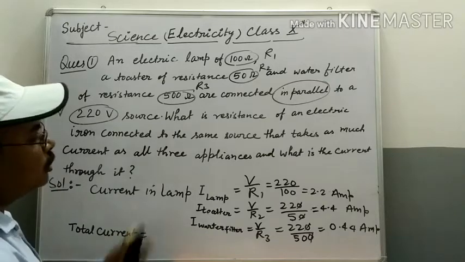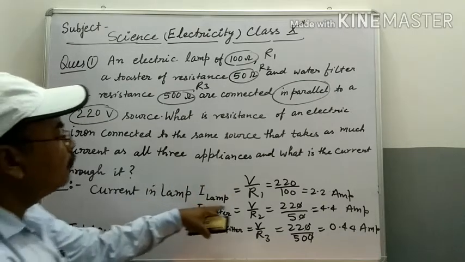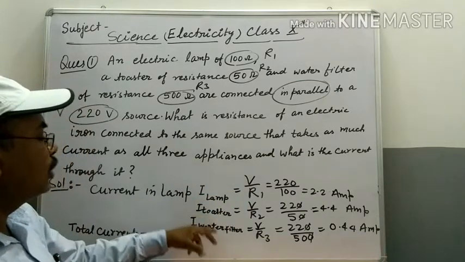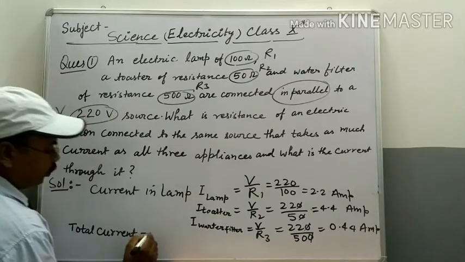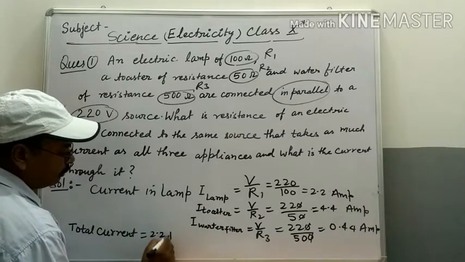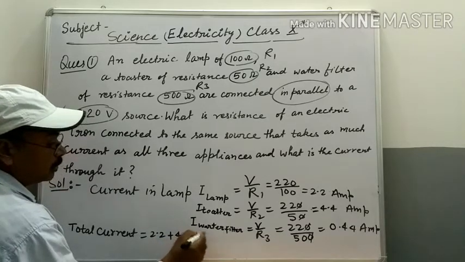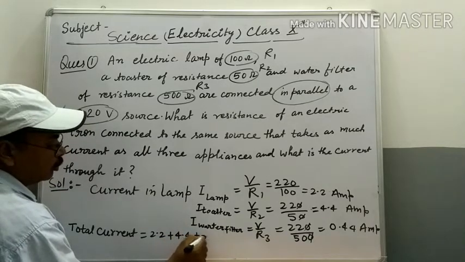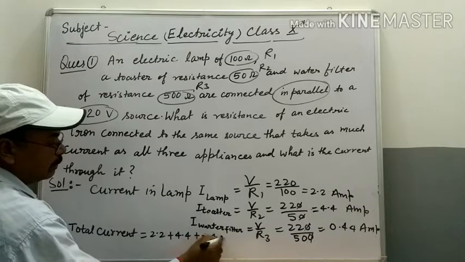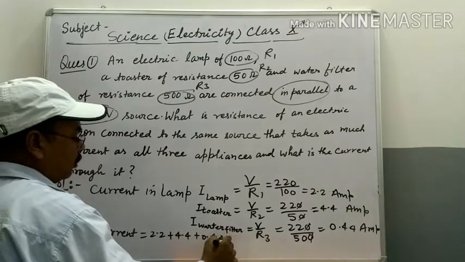Total current students, sum of the current in different appliances, lamp, toaster and water filter. That's 2.2 ampere plus 4.4 and plus 0.44 ampere, and the total will be